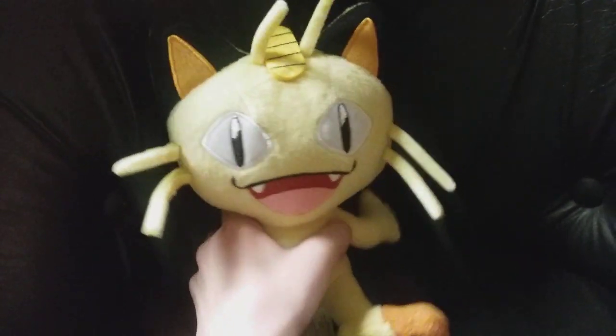Now, we have Meowth. Meowth! Worst Pokemon. A Tommy Meowth. It's not much to say. It's just a Tommy Meowth. And I don't like Meowth, so. And then we have